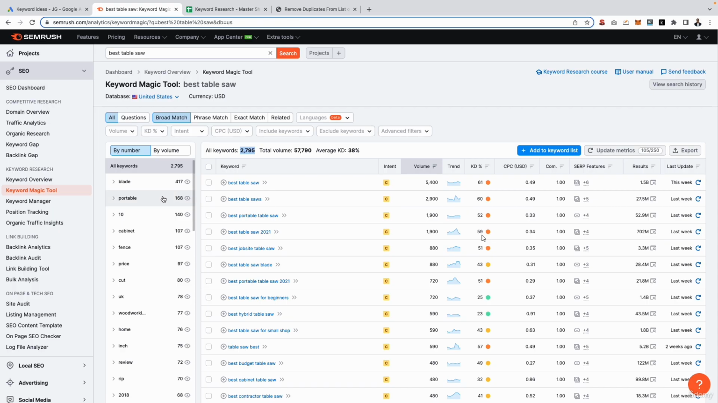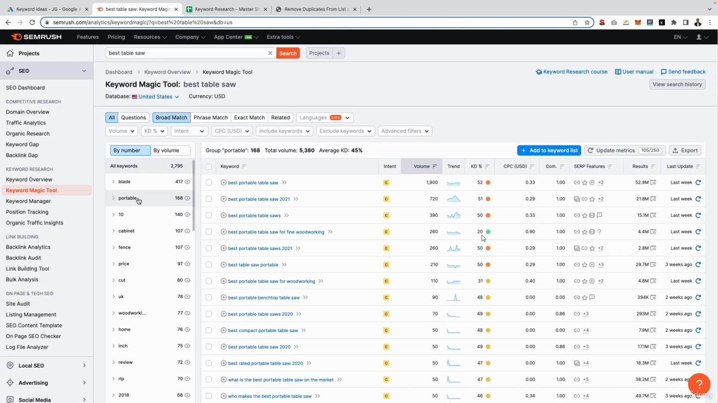Again, clusters is pretty much just a group of similar keywords. However, the great thing about SEMrush is that these filters actually work. If I go ahead and click portable, for example, you can see now it's only showing me keywords related to